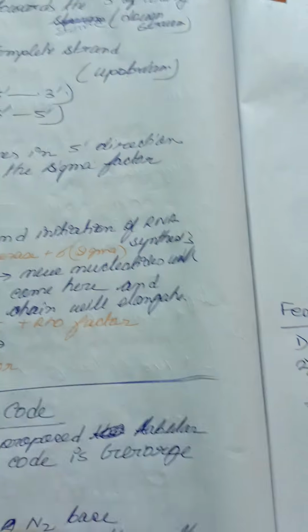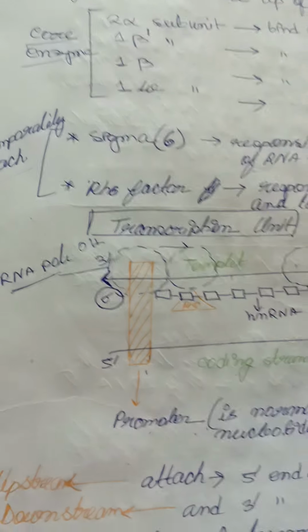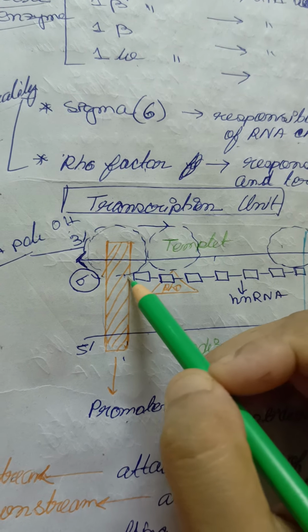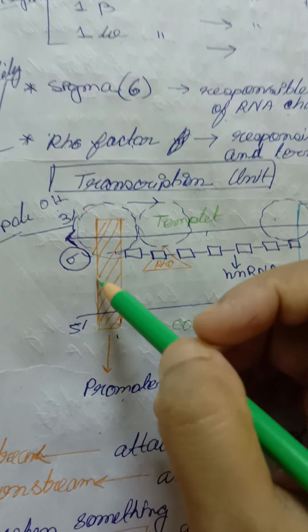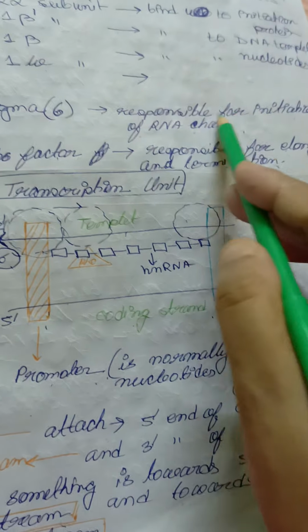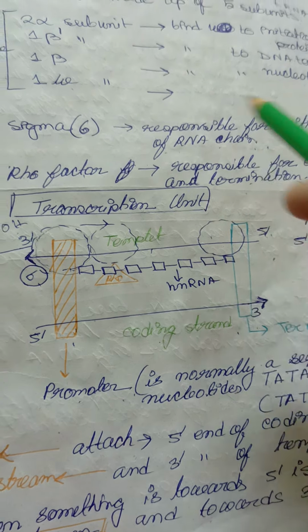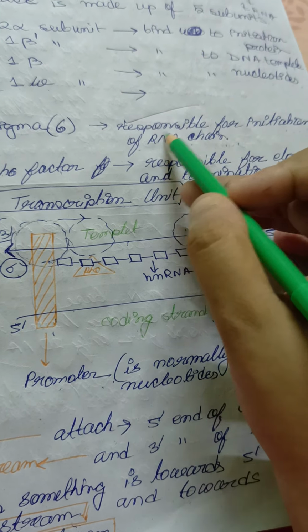Now RNA polymerase binds at the 3 prime end of the template strand. When RNA polymerase binds, some nucleotides will start synthesis. We know in RNA polymerase there is some factor. The sigma factor will bind here, and as we know, it is responsible for initiation of RNA chains, right? So when RNA formation takes place, the sigma factor is responsible, because we have learned its function, responsible for